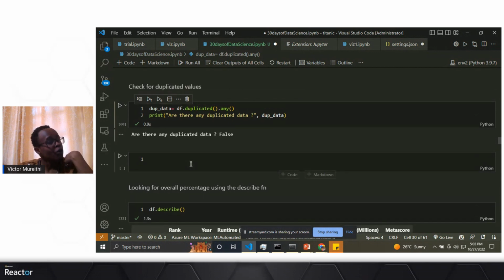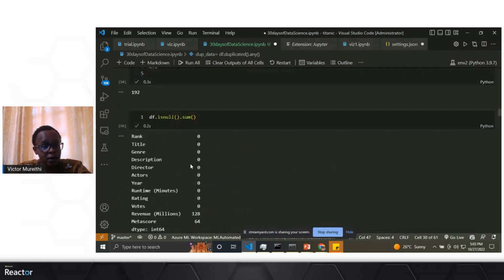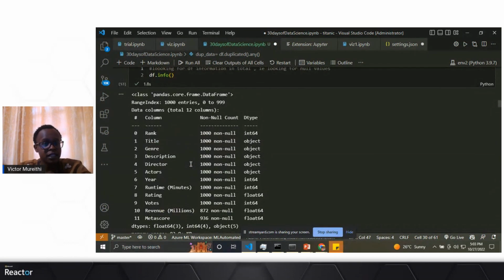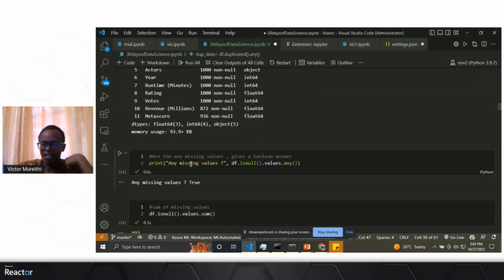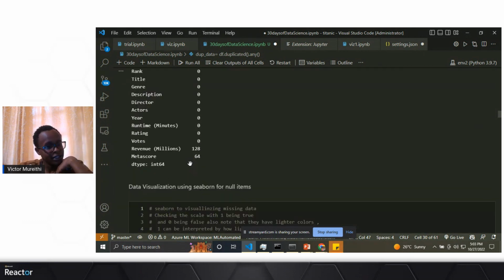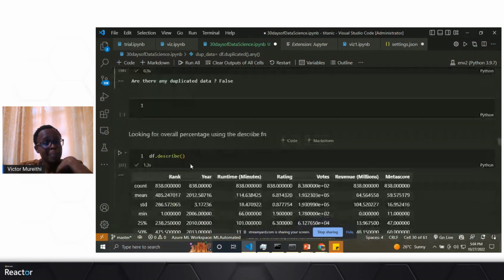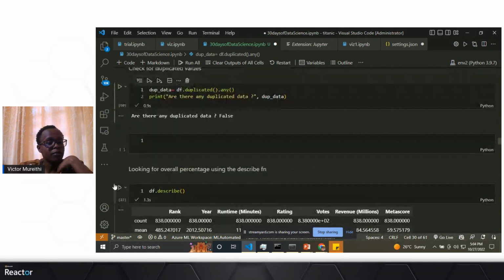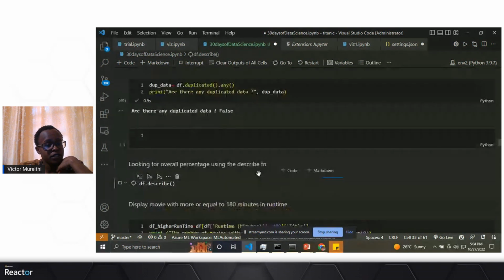I know when we used data.info right here, it showed us something. But why can't we go deeper and check how our data really looks? So when we use data frame.describe,